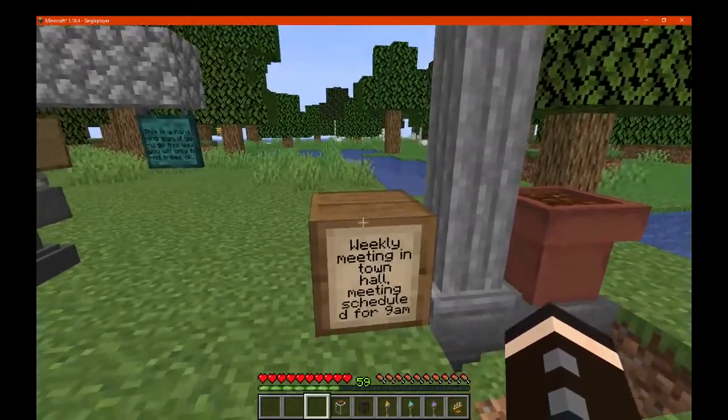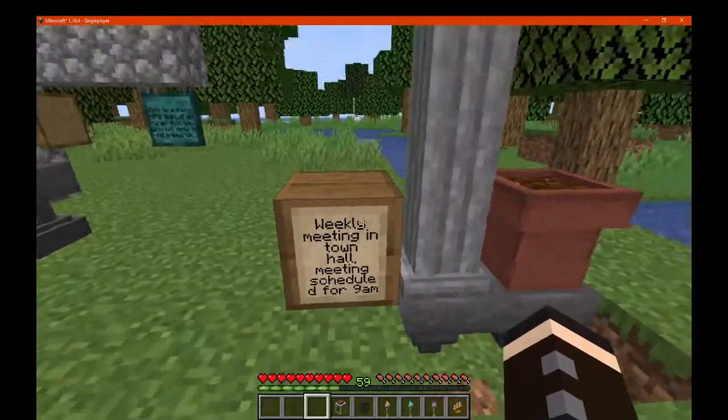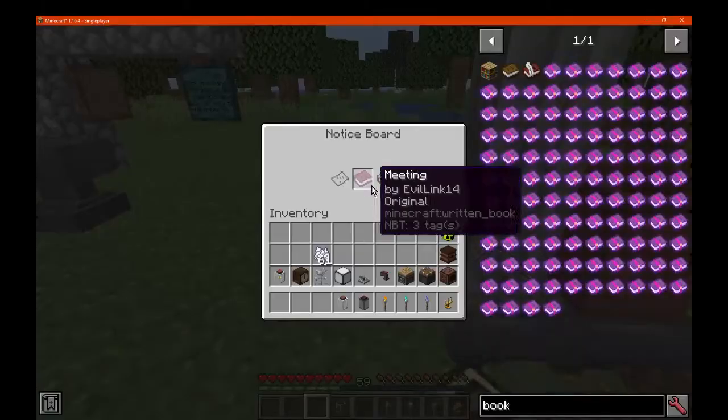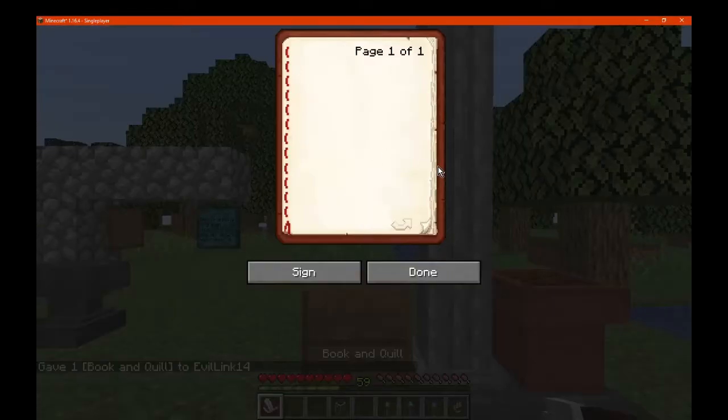You probably want to keep it as a book and quill so you can keep editing it every so often. Because obviously, you know, messages will change. I don't know about the way it will display more though. So I'll just say,